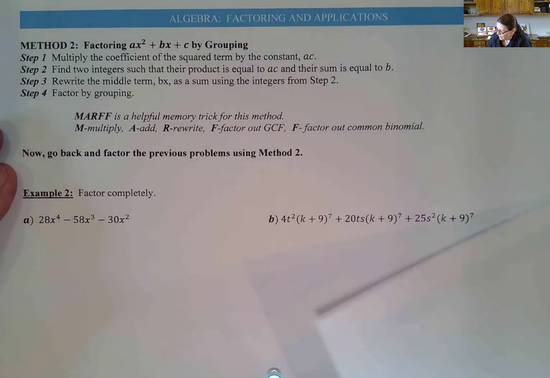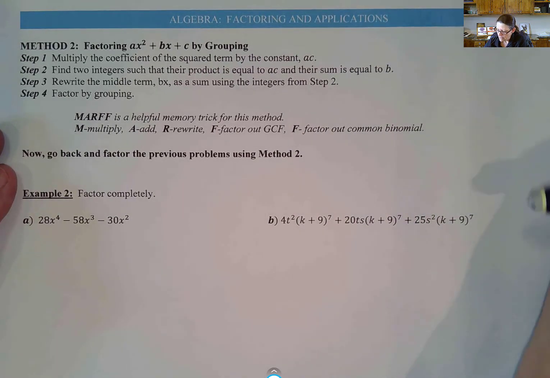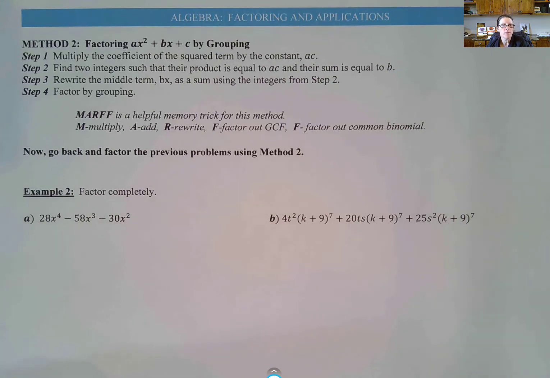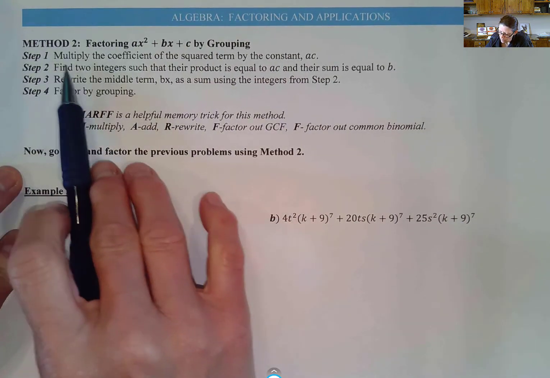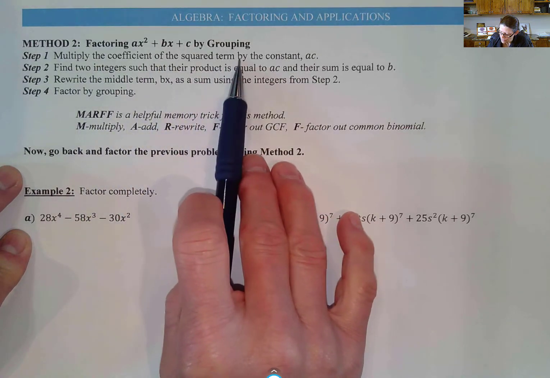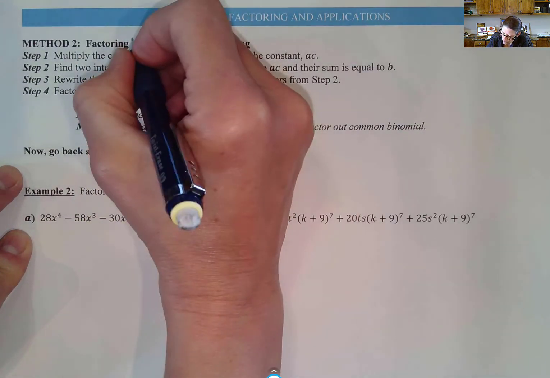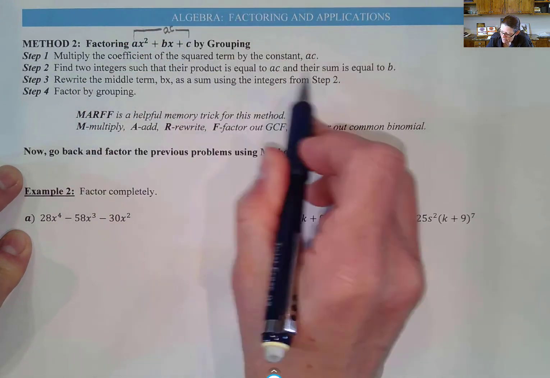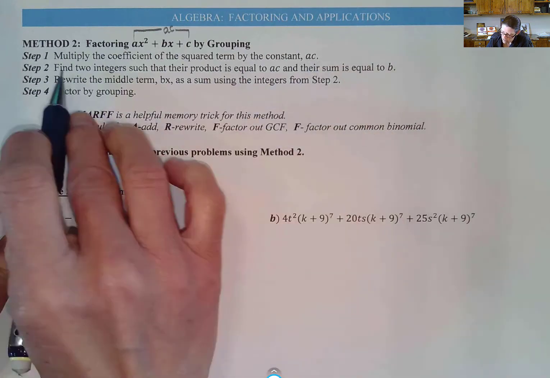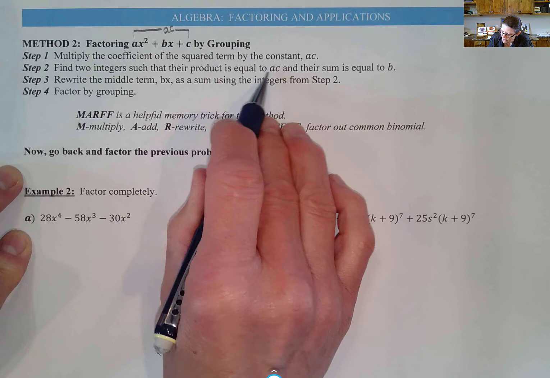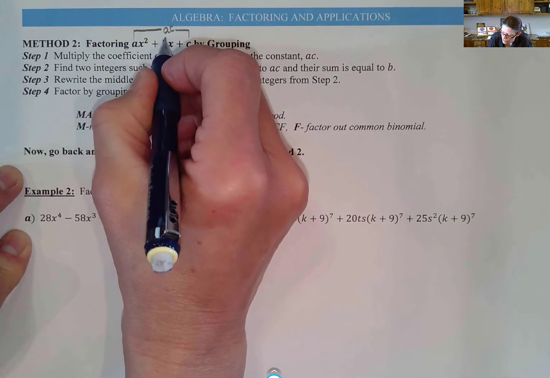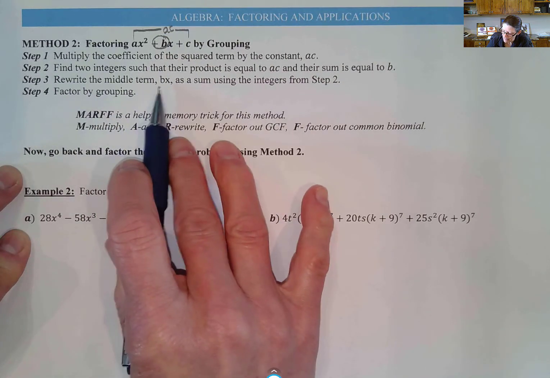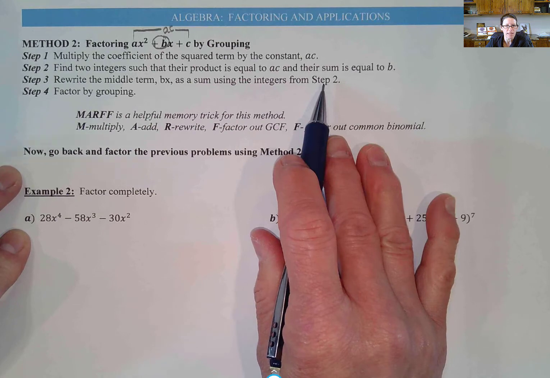Now, our second method that we're going to consider is a factoring by grouping method. In step 1, we'll multiply the coefficient of the squared term by the constant. In other words, we'll multiply our leading coefficient by that last term and find the product AC. Next, we'll find 2 integers such that their product is AC and their sum is equal to B, our middle coefficient. We will rewrite the middle term, bx, as a sum using integers from step 2, and then we'll factor by grouping. And some people call this the MARF method,